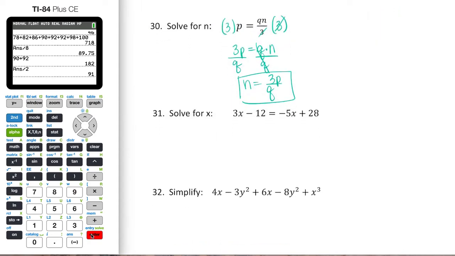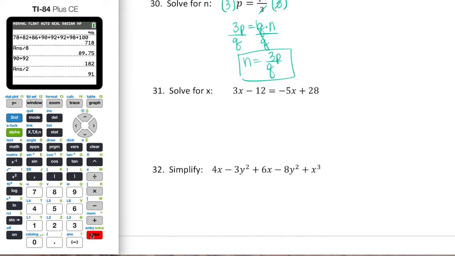All right, next we have solving for x. So solving for x, we're going to get all of our x's on one side. I'm going to add 5x to this side. So we're going to have 8x minus 12 equals 28. Then we still need to get our x's alone, so we're going to add 12 to both sides. So 8x is going to equal 40. Divide by 8, and x equals